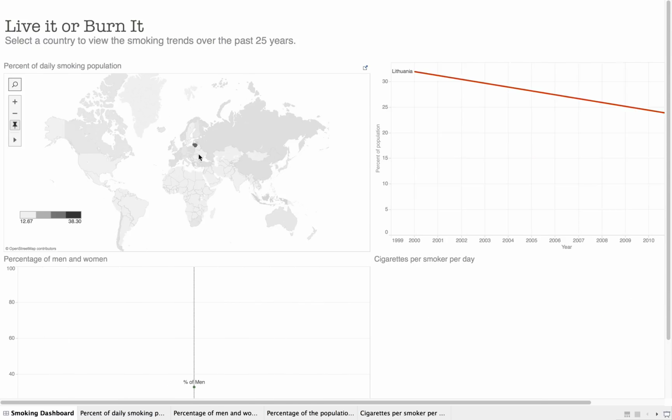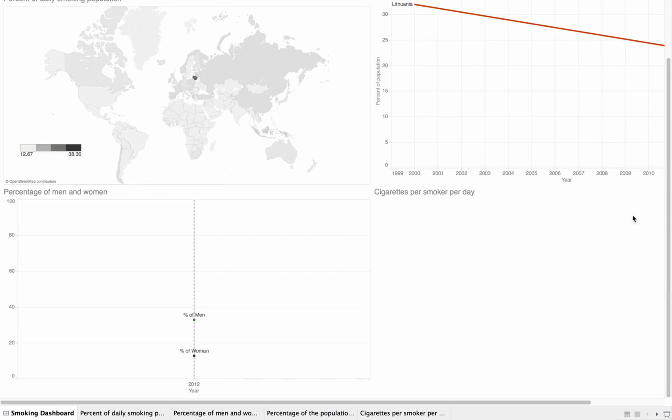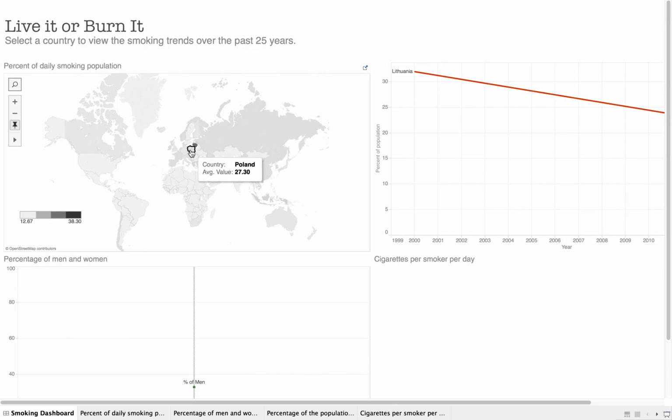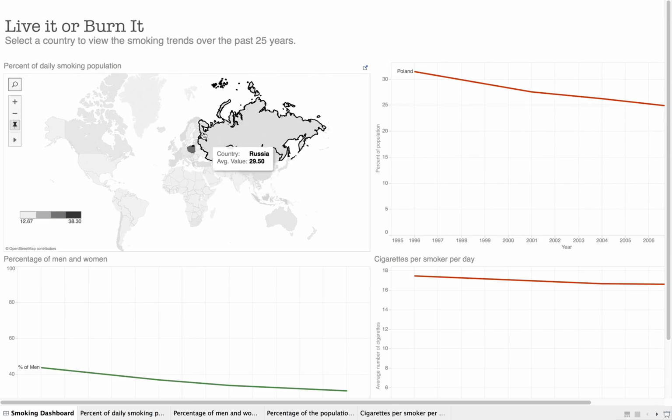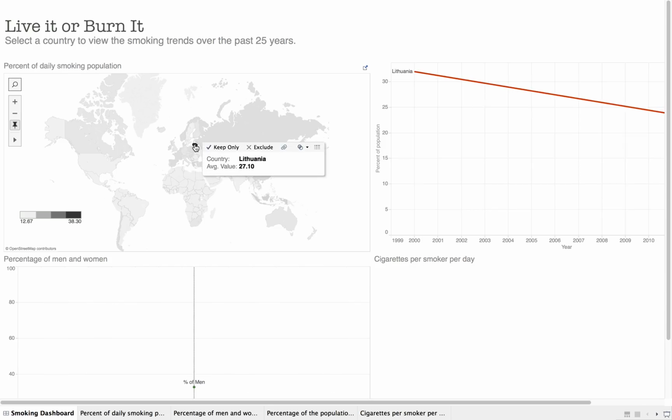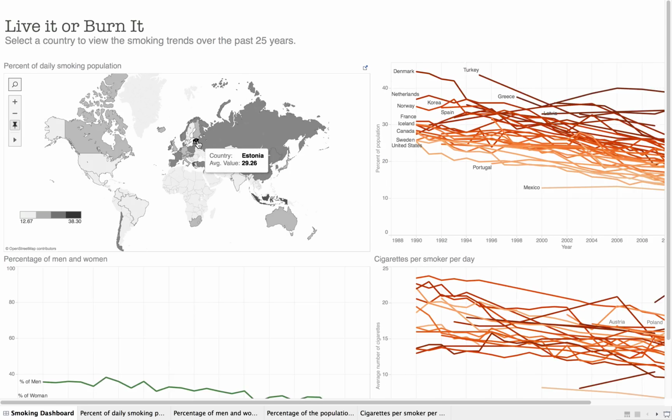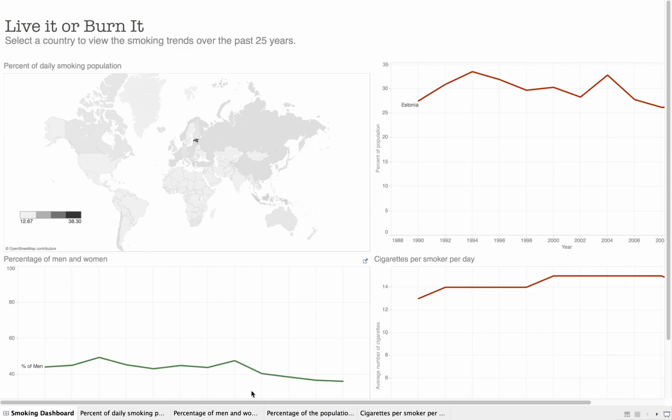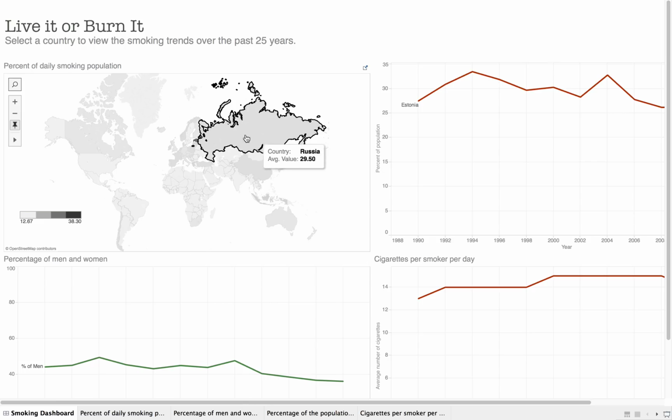That's not a good country. Some of the data wasn't very complete, so I did the best I could, but many of them don't have the cigarettes per smoker per day. So let's see if we can get Lithuania here. Lithuania is a good one. No, not Lithuania then. It's Estonia. Okay, so once you've selected a country from the map, you can then see the split between the